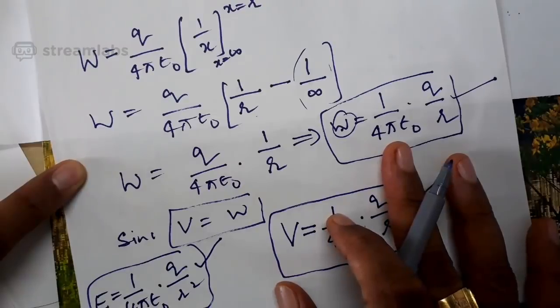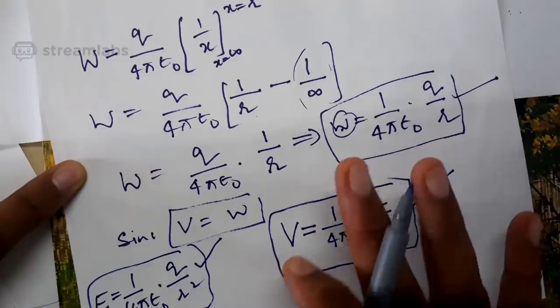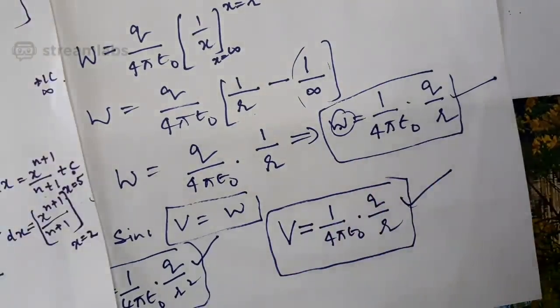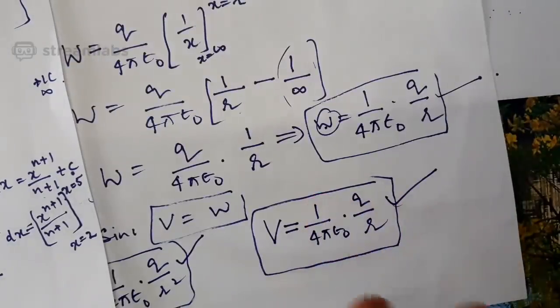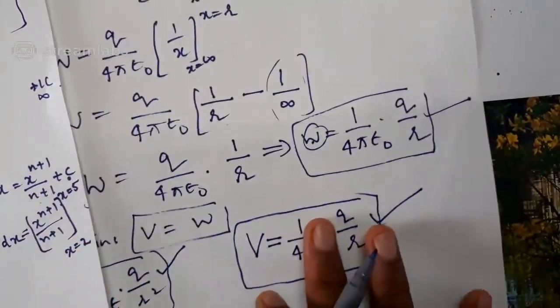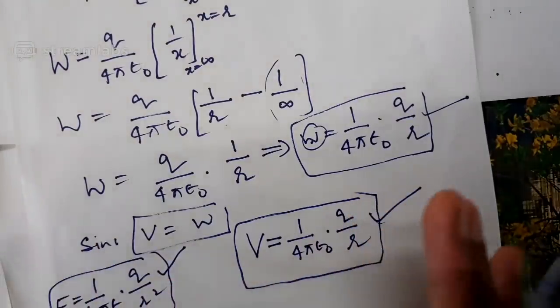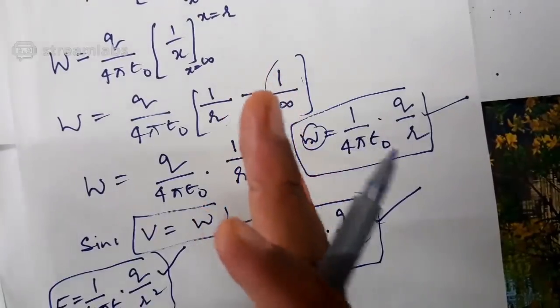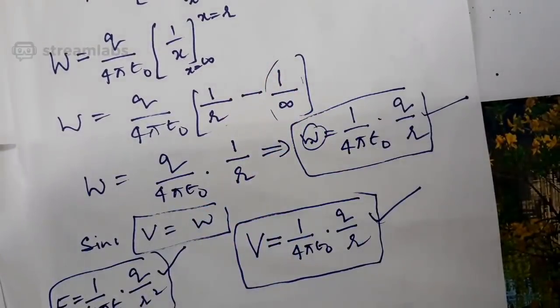I'll give another 1 minute or 1.5 minutes. Please go through this discussion in your study material, because to get more clarity, you have to go through it once again. You should keep the study material with you ready so that you can grasp the point clearly. When I am explaining, don't look at the study material, just look at the screen and try to understand what I am explaining. But I will give a time so that after one major discussion, I will tell you to refer to this derivation in the study material. That time you refer to it. Helpful a lot. Okay? I'll give another 1 minute. Please go through it.